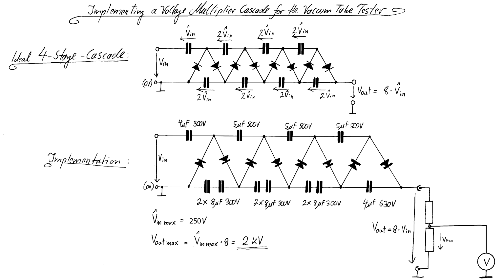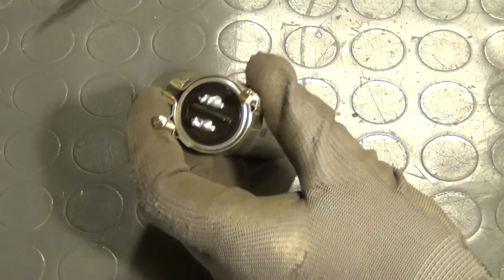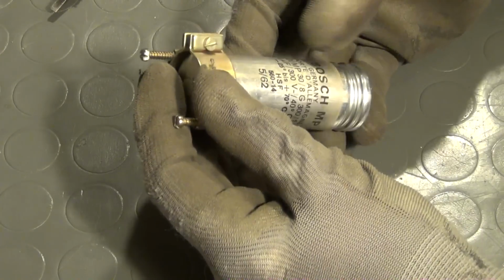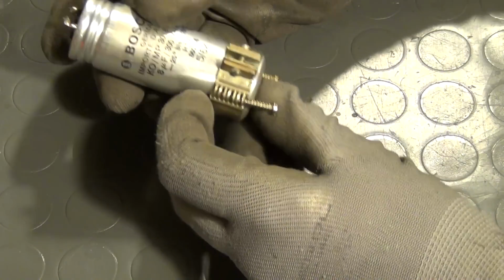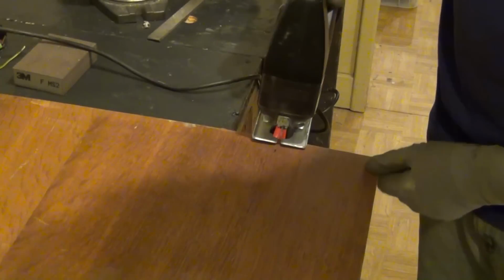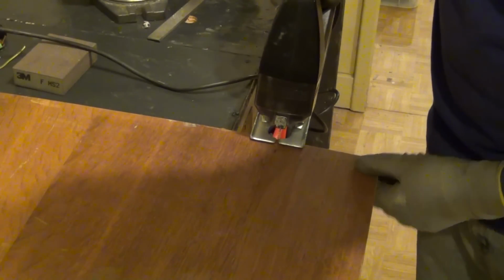But enough theory for now. Let's start to build the cascade. These metal sockets are used to hold the capacitors in place. I turn them around because I will mount the capacitors upside down with their pins pointing upwards. For that I also cut out a wooden base plate